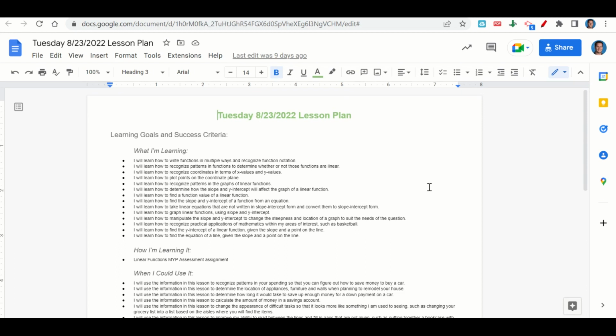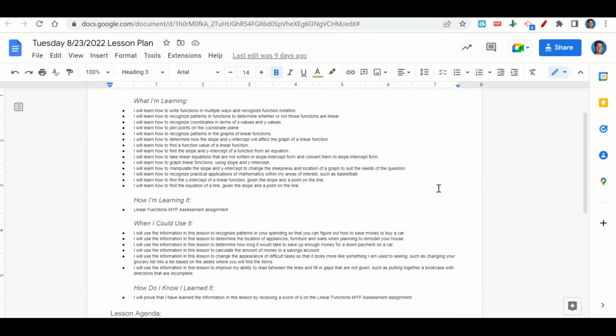How are we learning it? Through the Linear Functions MYP Assessment assignment. When can we use this information? To recognize patterns in your spending so that you can figure out how to save enough money to buy a car, to determine the location of appliances, furniture, and walls when planning to remodel your house, to determine how long